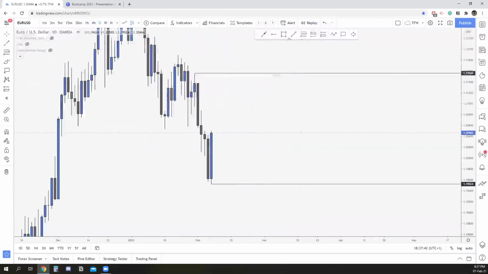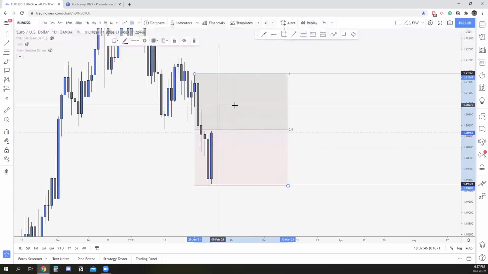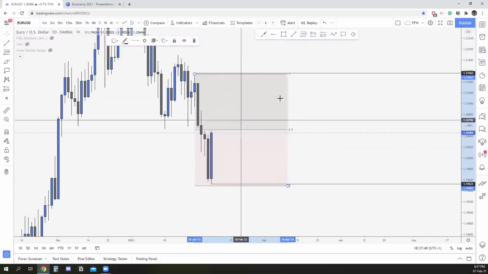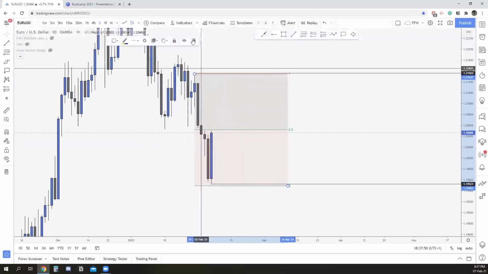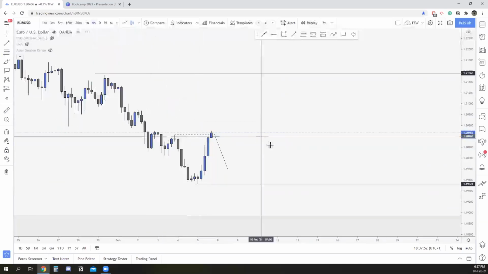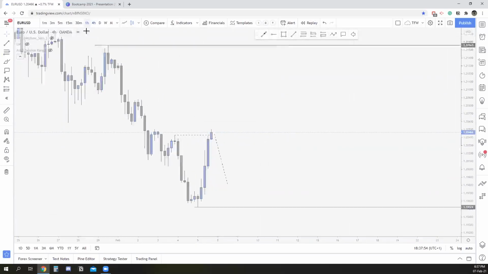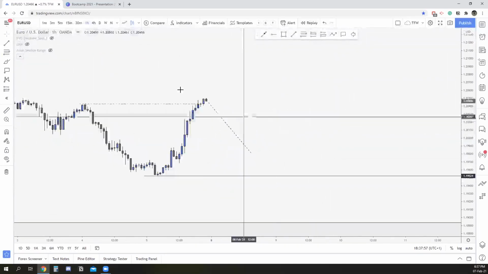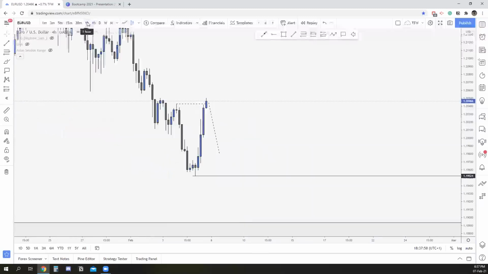And where is the premium price of the daily range? Remember, it's above right there. So I'm going to be looking to sell into this quadrant right there, right? And yeah, this is basically it. Then we want to drop to the hourly time frame once we have our full hourly bias, right?